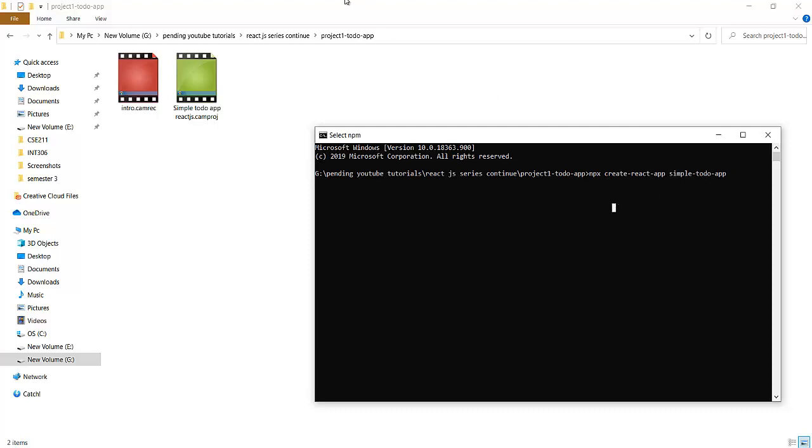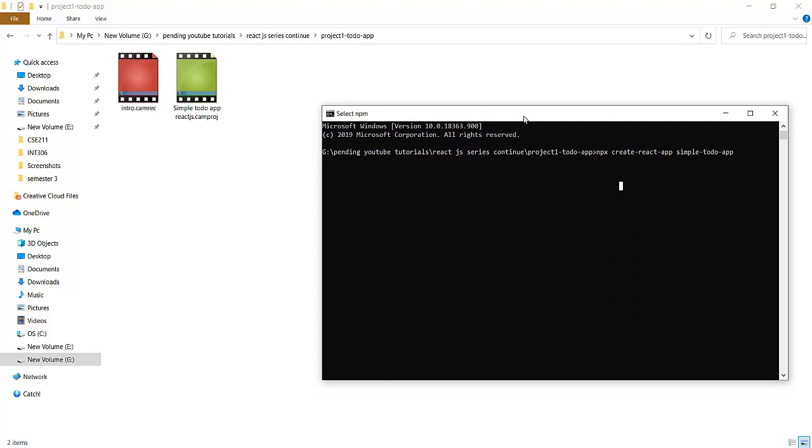The folder simple-to-do-app will be created here, and the dependencies and required files will be downloaded. Wait for some time, I am pausing this video. It is downloading. See that simple-to-do-app is created here. I am pausing this video while the app is being created.